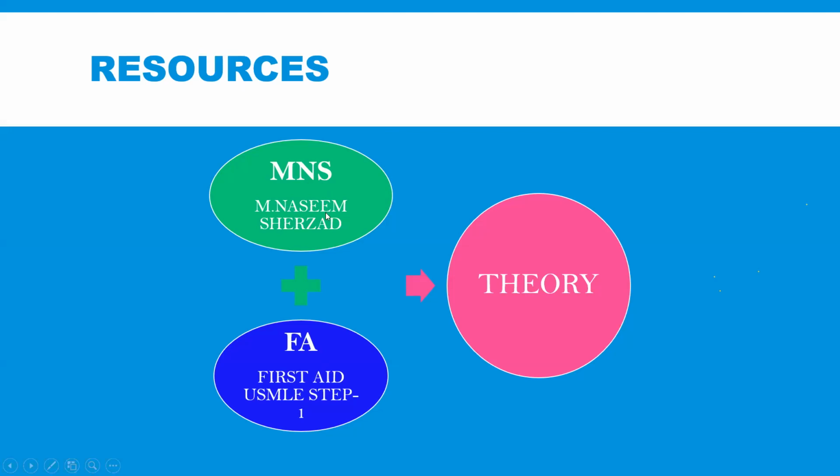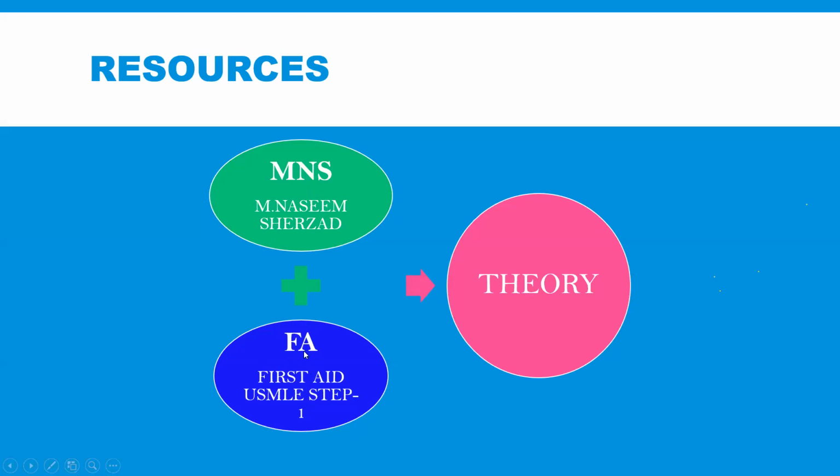It has beautifully written anatomy from different regions, and you can combine these two books for better understanding, and you can apply it in the exam as well. So Muhammad Naseem Shirzad plus First Aid. I do recommend Muhammad Naseem Shirzad before reading First Aid, because if you have a gap of 3 or 4 years between your basic sciences or graduation and the FCPS Part 1 exam, you will definitely have difficulty retaining First Aid. So if you read Muhammad Naseem Shirzad first, and then read First Aid, it will be very easy for you to retain First Aid.